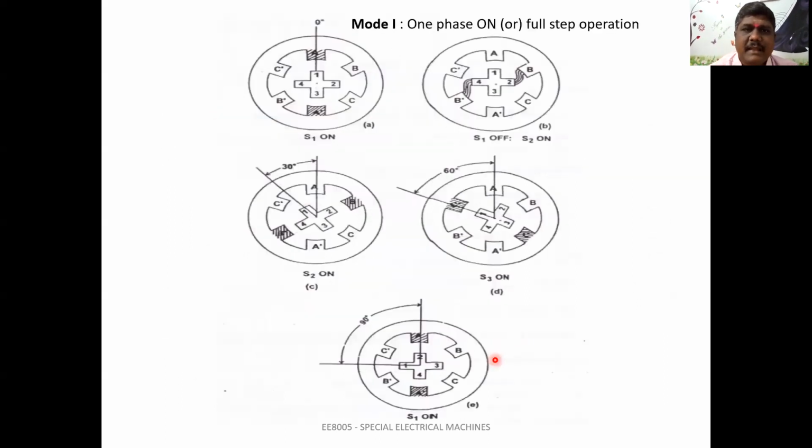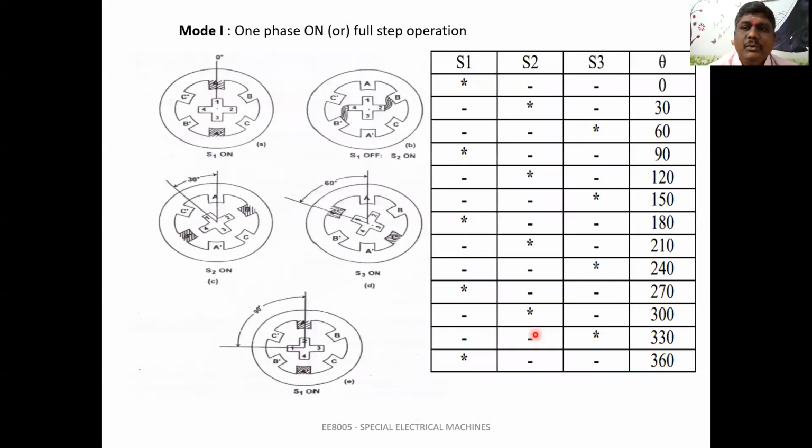Here I can explain with a simple diagram how it will be moving from 0° and how it will be attracted, which I am showing here. Next, after making this one, it will be BB dash, and it will be settled. After that, you will be moving to 60° and 90°, and so on. Now I can explain with a simple explanation, that is S1, S2, S3. We can analyze either for the clockwise direction or anticlockwise direction. Now I will be choosing the clockwise direction.